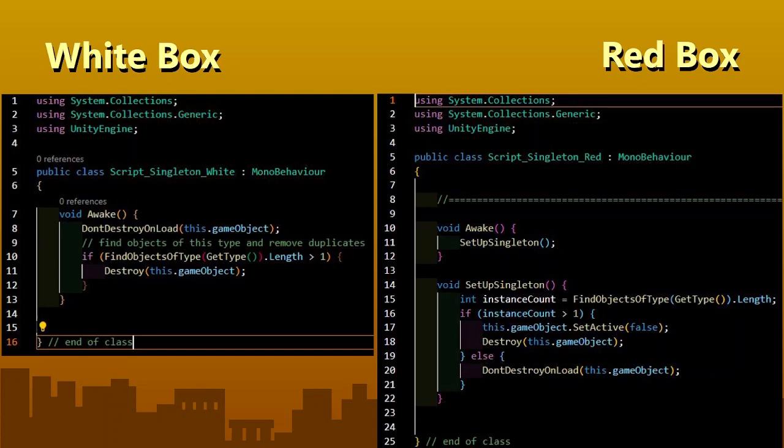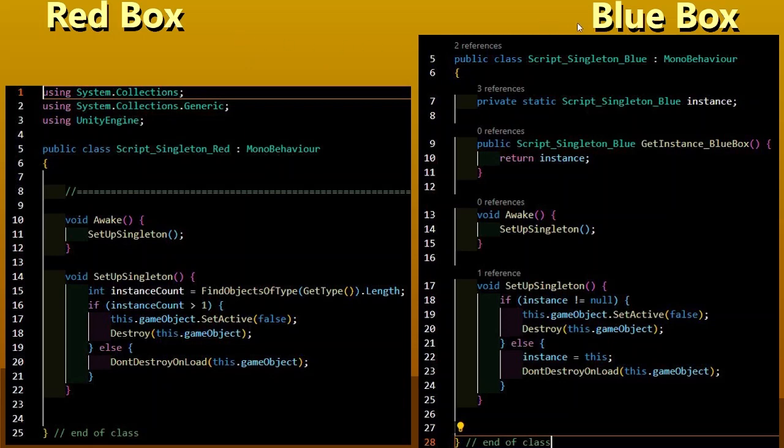So in order for us to avoid this, we simply first deactivate that object that will be destroyed, and then we destroy it. Very simple, nothing too fancy here. So we are approaching our idea of a singleton implementation. This is still not a true singleton, right? We are using only words similar to the word instance, but we're using an integer instance count, so it's still not a true singleton. So moving forward, we are moving from our red box now to our blue box, our final solution.